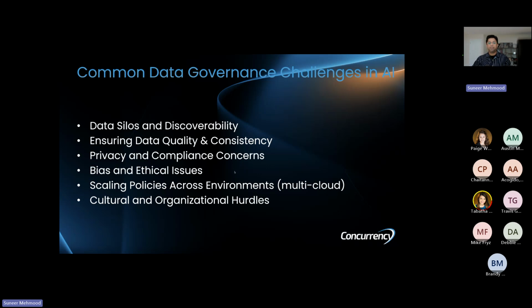Bias or ethical issues: if you're training your model on biased data, it's going to output biased outputs. And if you have your data estate across multiple clouds, or on-prem versus cloud, that's a problem.